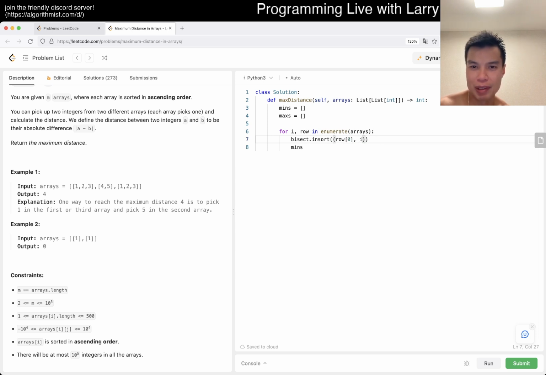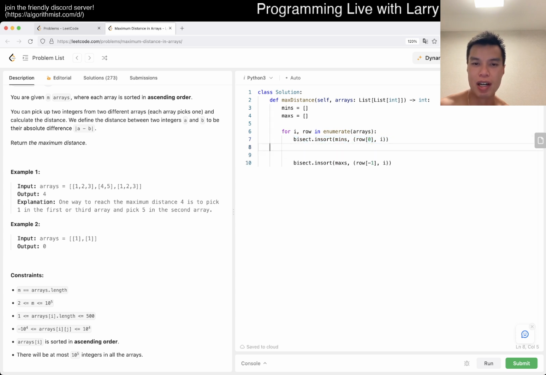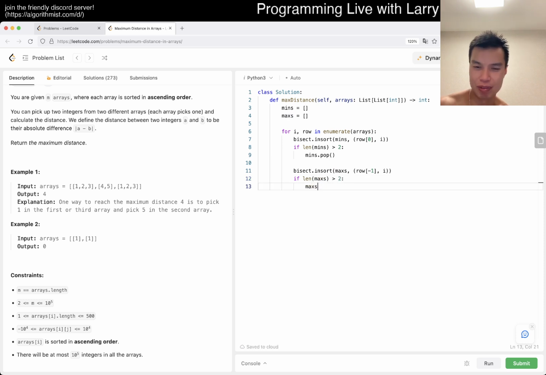Whoops, no, mins, right? The last element, right? So this is basically we want to insert this into the right place, and then here as well. If the length of mins is greater than 2, we pop from the end, right? You could have also done this with, like I said, a heap, right? So yeah, and then now basically if